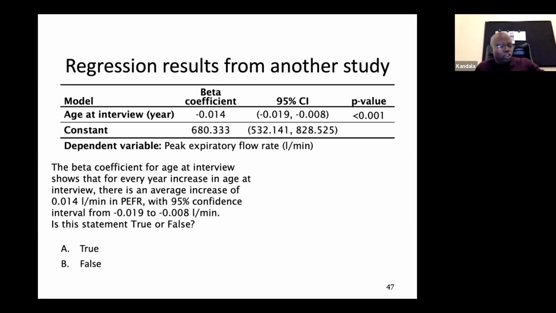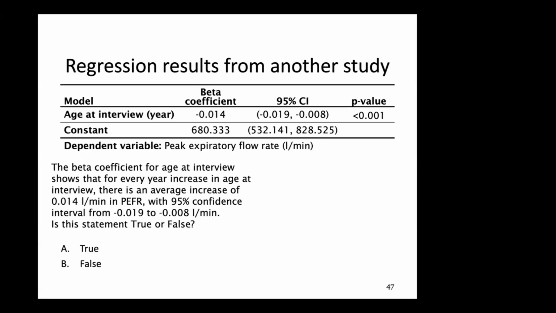The first detection is that the report of the coefficient is obviously negative, and the person is talking about increase, average increase, which is great. You have been able to detect this, but there is something else that needs to be corrected in this statement. Which one? Yeah, I think they haven't talked about the statistical significance of the results.